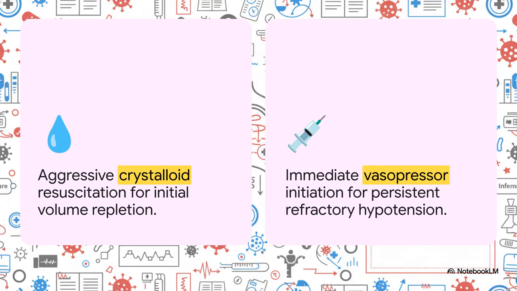Now, aggressive volume resuscitation is your initial mandate, typically 30 milliliters per kilogram of crystalloids within the first 3 hours. But picture a pneumonia patient whose blood pressure is 80 over 40 and they're still hypotensive with an escalating lactic acidosis after 3 liters of normal saline. What do you do? You do not drown them in extra fluid boluses. If they're fluid refractory after volume completion, force central line placement and immediately initiate your first-line vasopressor, norepinephrine, to arrest